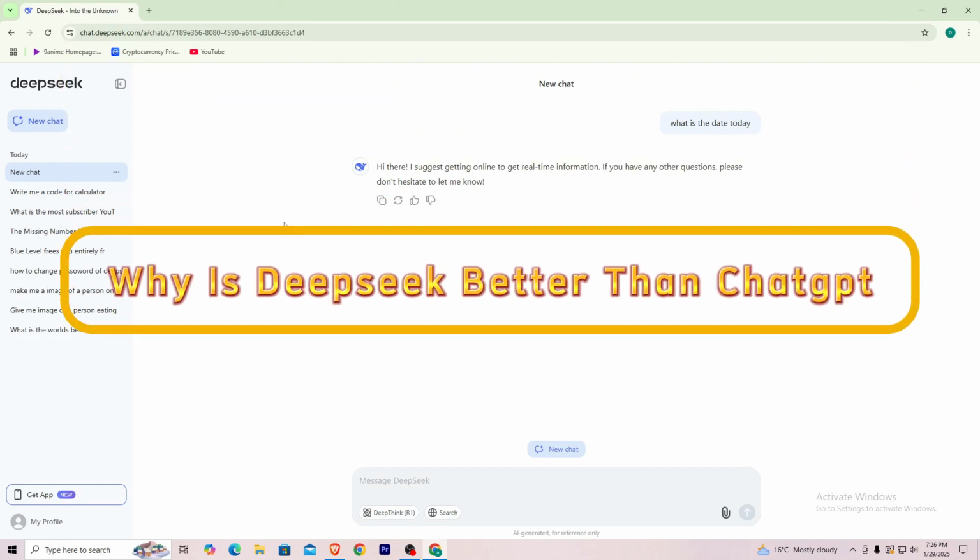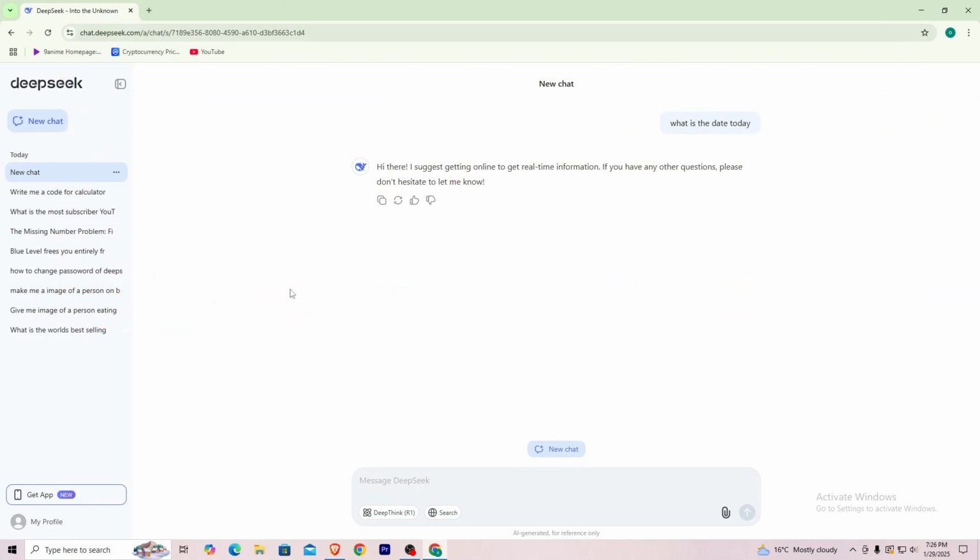Why is Deepseek better than ChatGPT? Well, first, it's really fast and it has that deep thinking model which ChatGPT doesn't have. Basically, if I ask it any question with deep think on, it's going to reason its own answer to give you a better answer. And it even has a search feature which you guys can use to ask it the latest question. If something happened recently, like 2 to 3 minutes ago, you can ask it and it'll